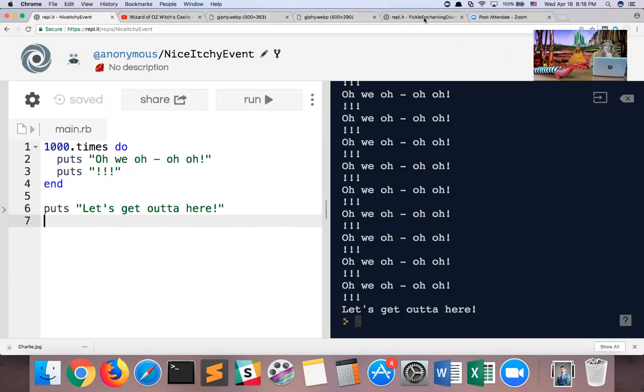Before that, though, I noticed there was a question. Keith points out that when working with HTML and CSS, and really the truth is even with Ruby, depending on which program you're using. So right now we're using this REPL website in order to write our code. There's different places you could type your code into, and depending on which program you're using, they might automatically indent your code to help the programmer.